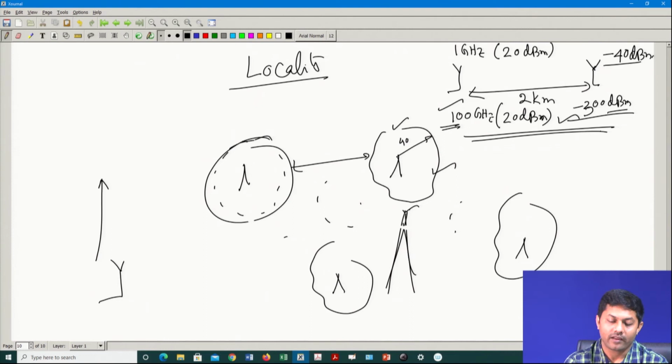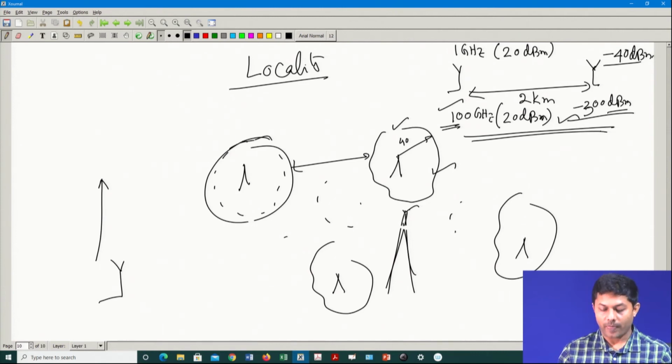Then I am saying that okay, why do not we create a small area, where we target a small area, and there I will just put a higher RF, because it will give me a higher bandwidth advantage, but I only serve the small area. So, these are the kind of motivations why I should go for higher RF and so on and so forth.